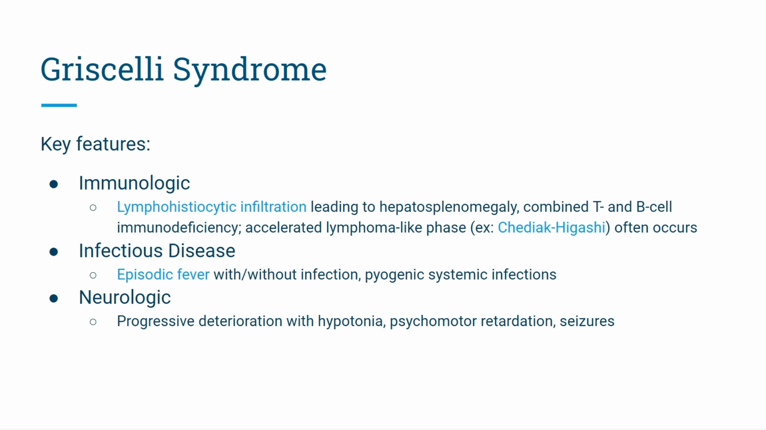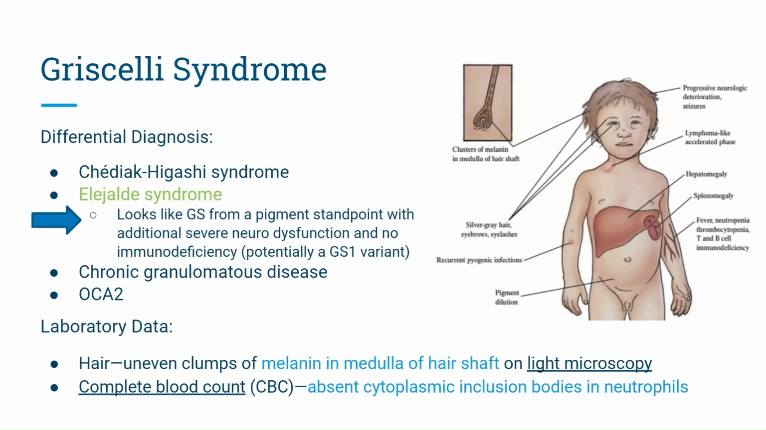You can often see also an accelerated lymphoma-like phase. You can see infectious disease etiologies, such as episodic fever with or without infections and pyogenic systemic infections. Of course, you can have neurologic components as well. On the differential is Elejalde syndrome, and I apologize if I butcher that, but Elejalde syndrome, it looks like Griscelli